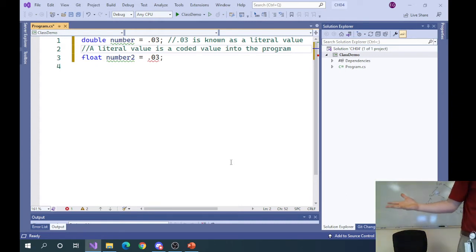Data loss could be a problem. Data loss could be a big problem. You don't want to lose data. So anytime there's a narrowing conversion potential, they force you to do a conversion. Okay, look, we're going to let you store this double into a float, but you're going to have to code that. You're going to have to say, I know what I'm doing. I want to take this double and I want to cram it down into a float. And the way to do that is by converting it. You call it converting it or casting it. It's often called casting.